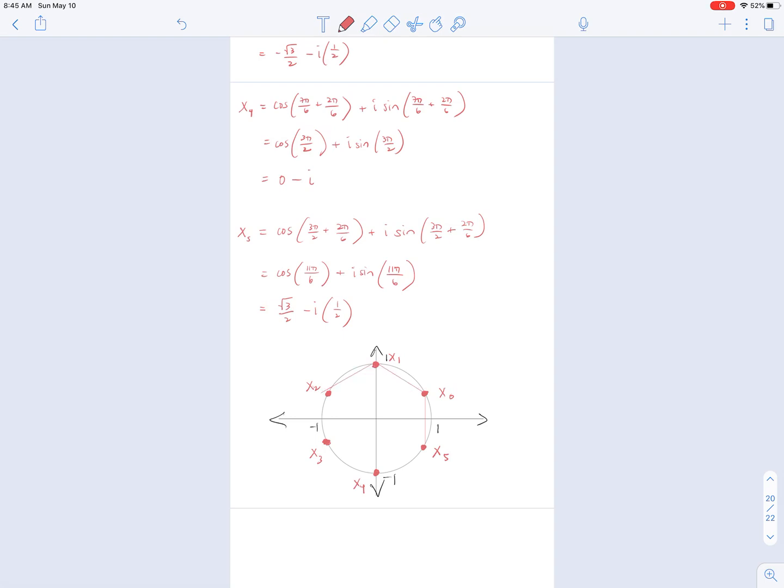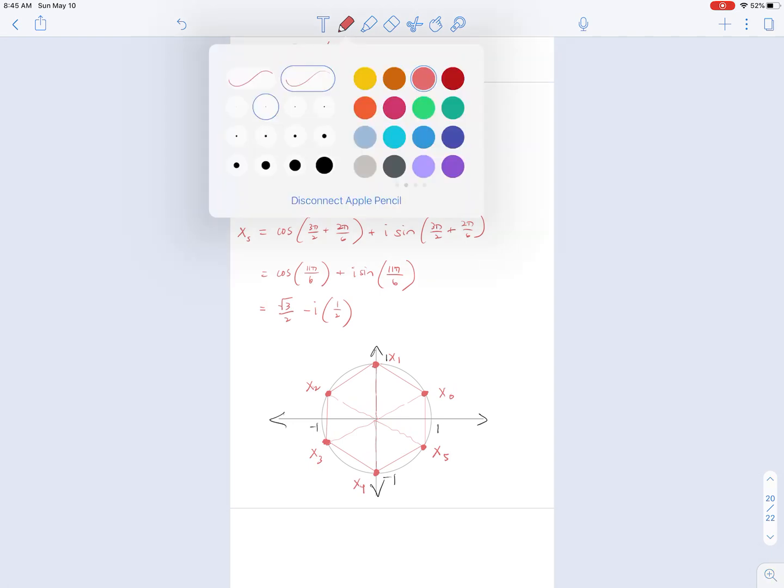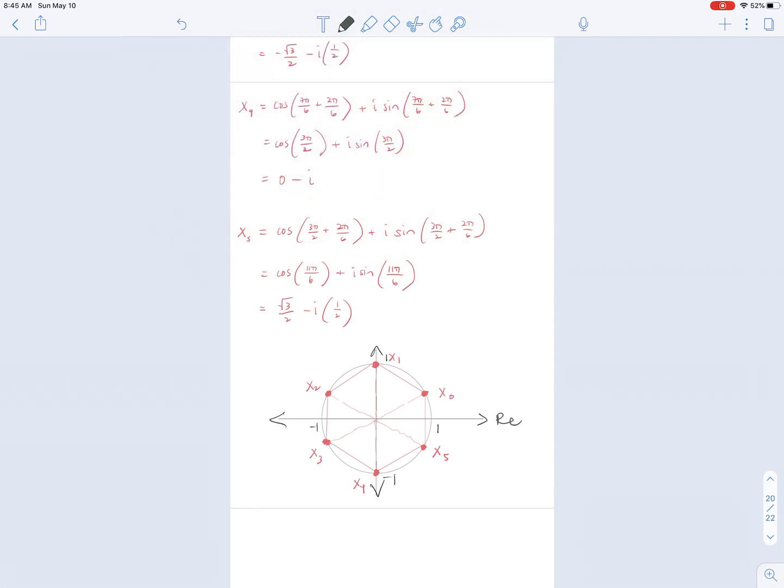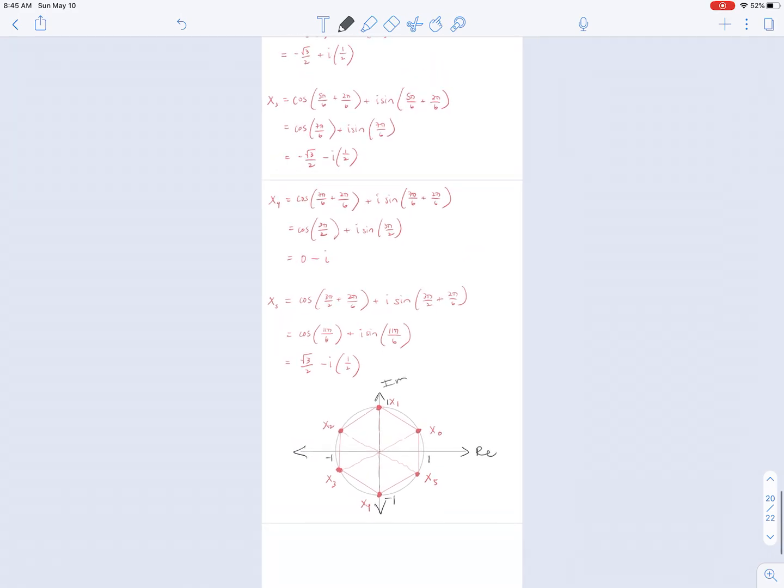And x sub 5. There's an angle between each of those points in the complex plane of pi over